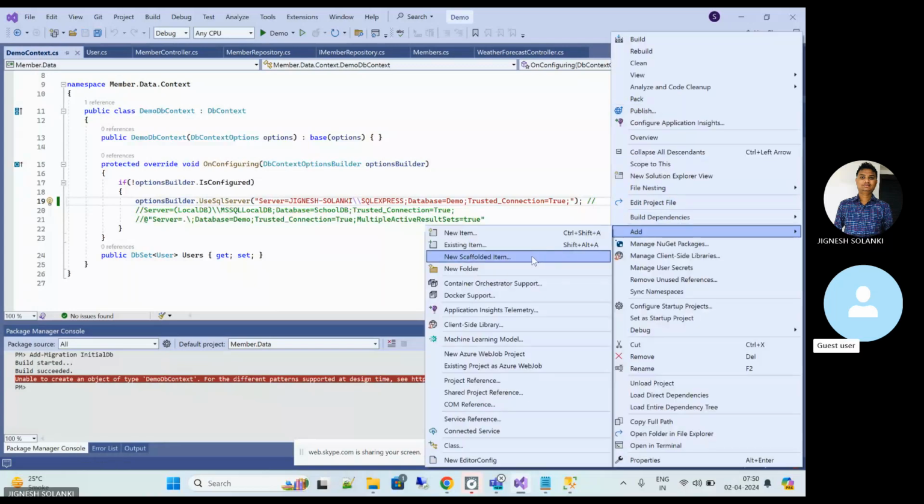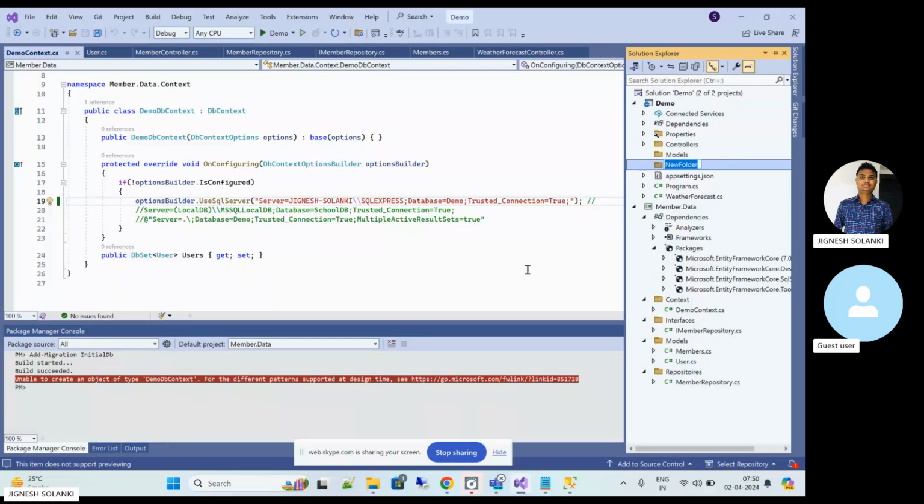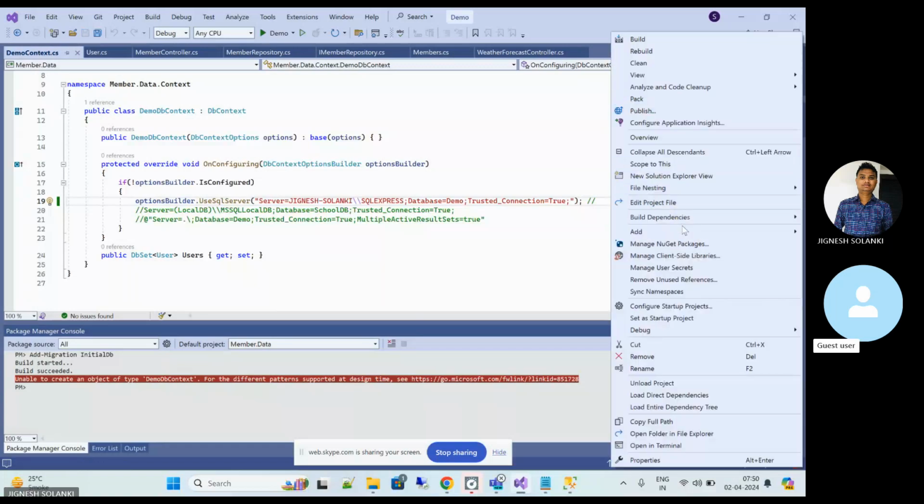Yeah, I have that. Just add them and create the migration. That migration will work. Okay. Post that migration,